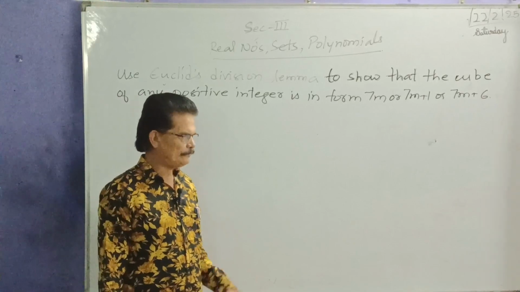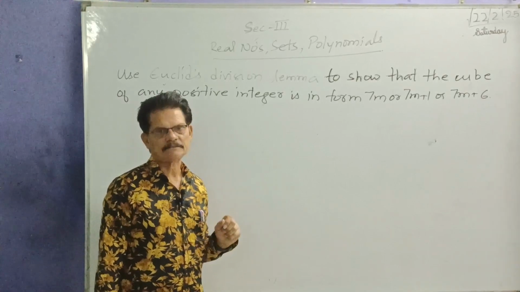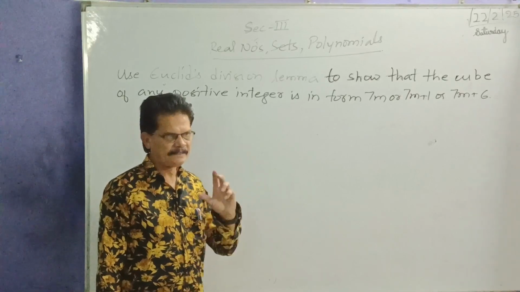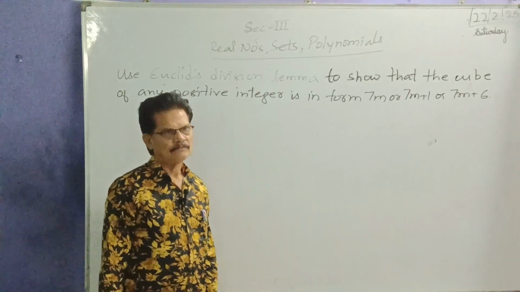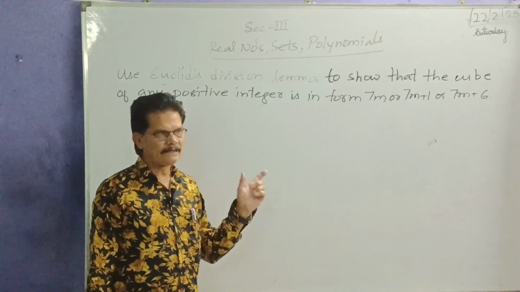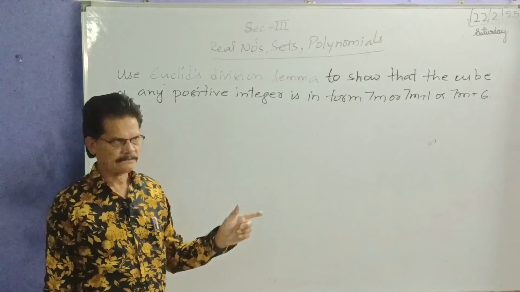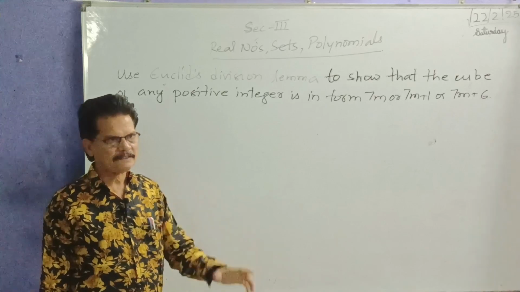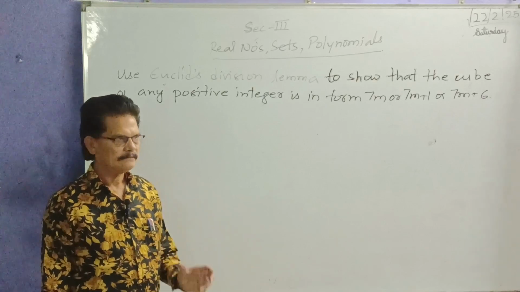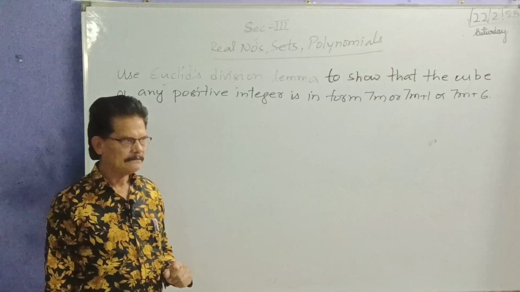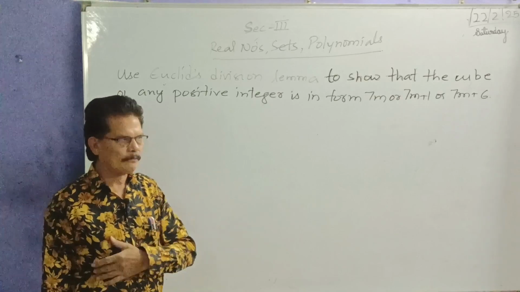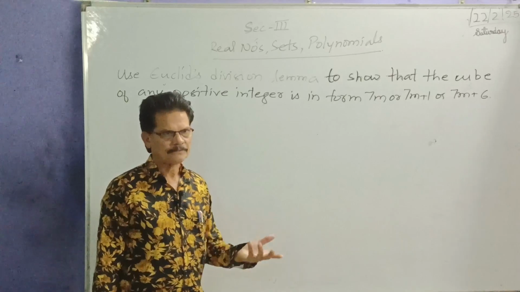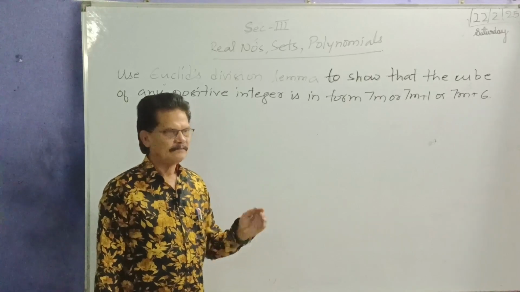Section 3, why do I call it challenging? Because if a student can comply with the third section, he can very easily attack the first and second sections. Why? If you can do section 3 properly, it means you know all the formulas, all the related formulas. You have to know the trigonometry.